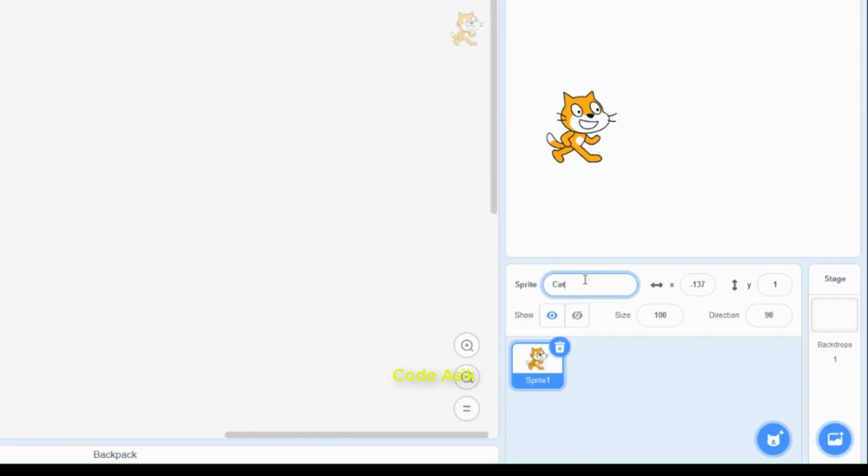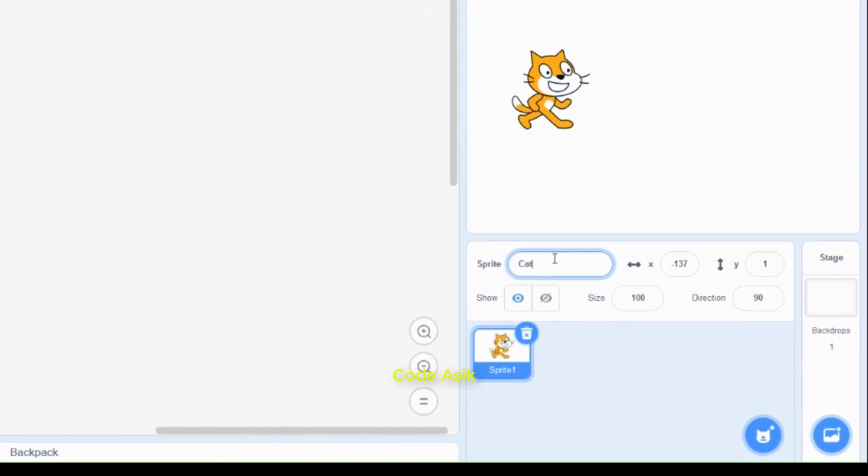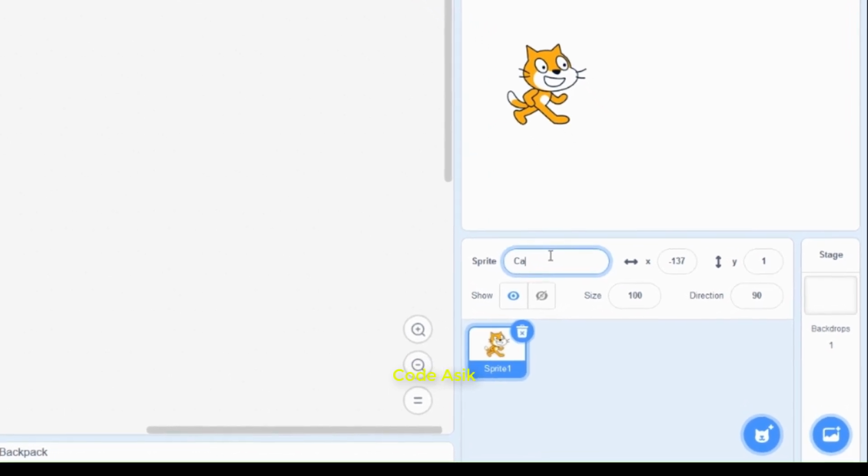You can change the cat's size directly in this box and the name of the object also. In this case, we name it a cat.